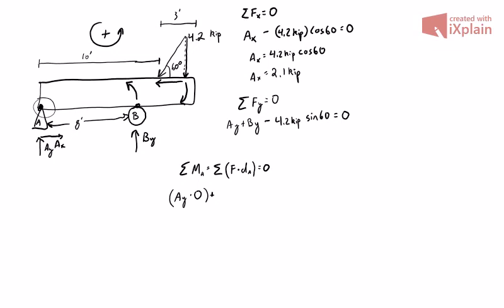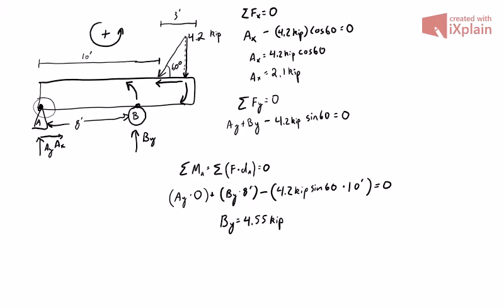So we'll have plus BY, and our point B is 8 feet away. And then negative 4.2 kip sine 60 times 10 feet is equal to 0. So we go ahead, plug everything in, solve for it in your calculator, and you'll get that BY is equal to 4.55